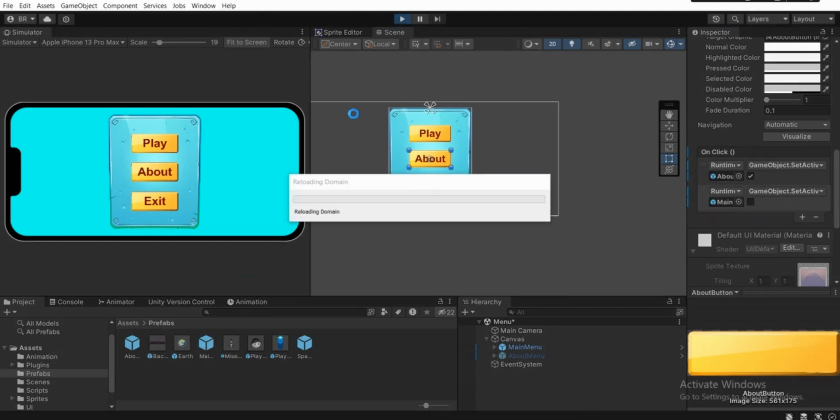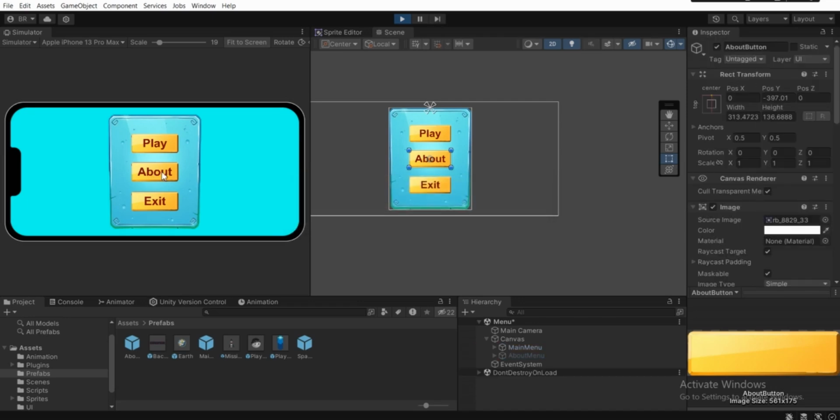So if we just click on this play button in the top by now and try to click on this about button, we should able to see that we will just go over to about menu right away. About menu. So if I just click on this about button, as you can see, indeed we are on about